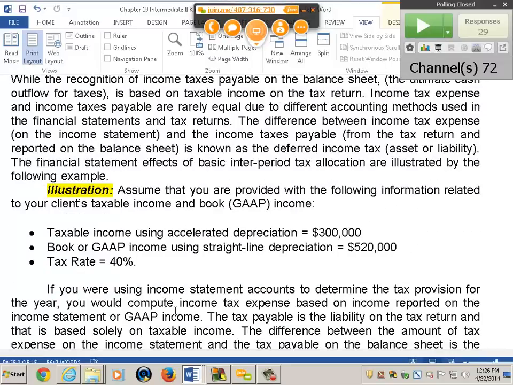It tells you that we have a company whose taxable income is $300,000, but its book income is $520,000. And how does that happen? And the tax rate's 40%. It happens because the company is using accelerated or MACRS for tax,